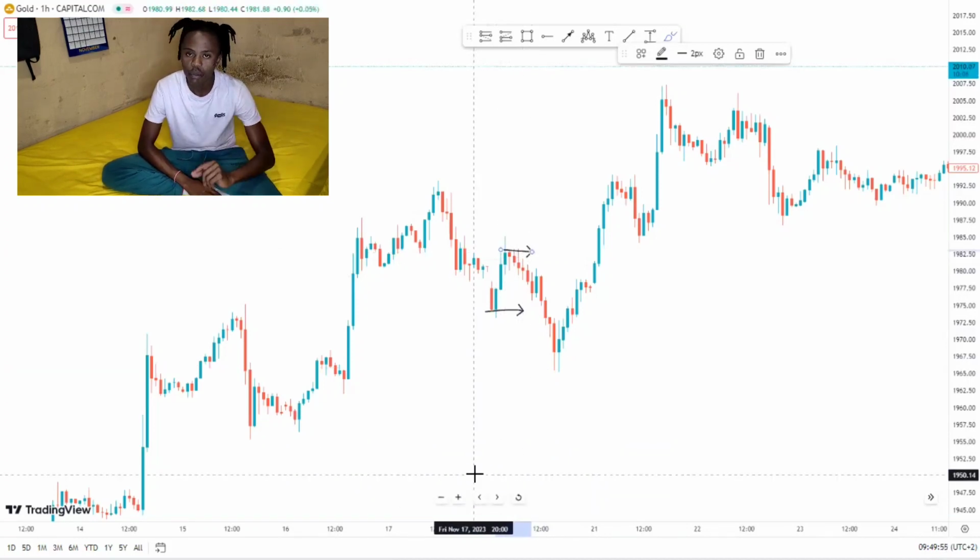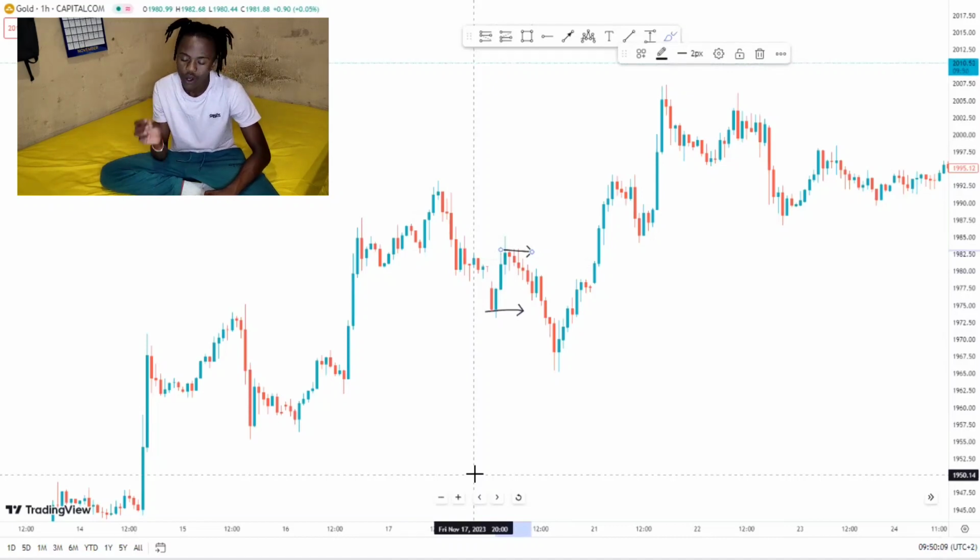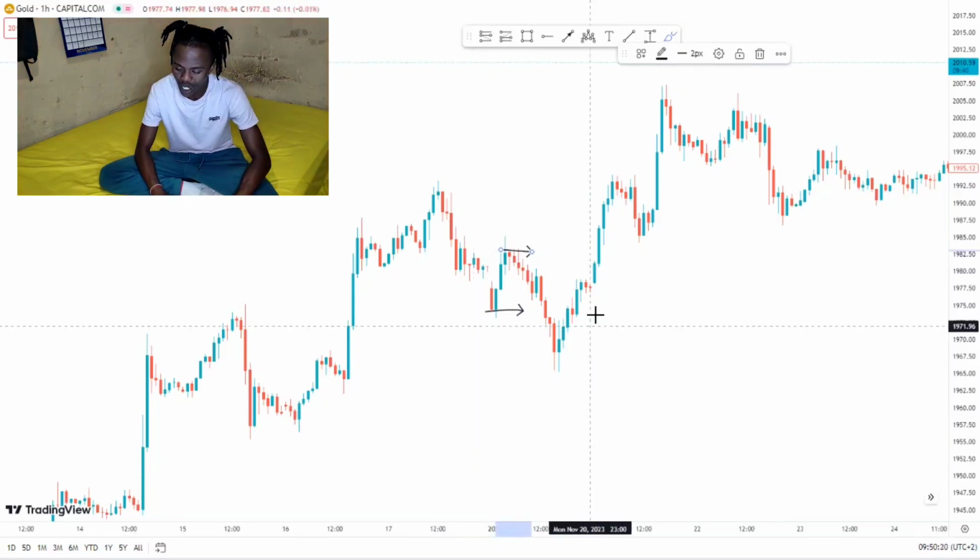When price opened on Monday, it created an Asian low and an Asian high. So I waited for two things: for it to either break below the Asian low to continue bearish, or to break above the Asian high to be bullish. That's important as a trader. You need to plan your trades and trade your plans. So when I now waited,